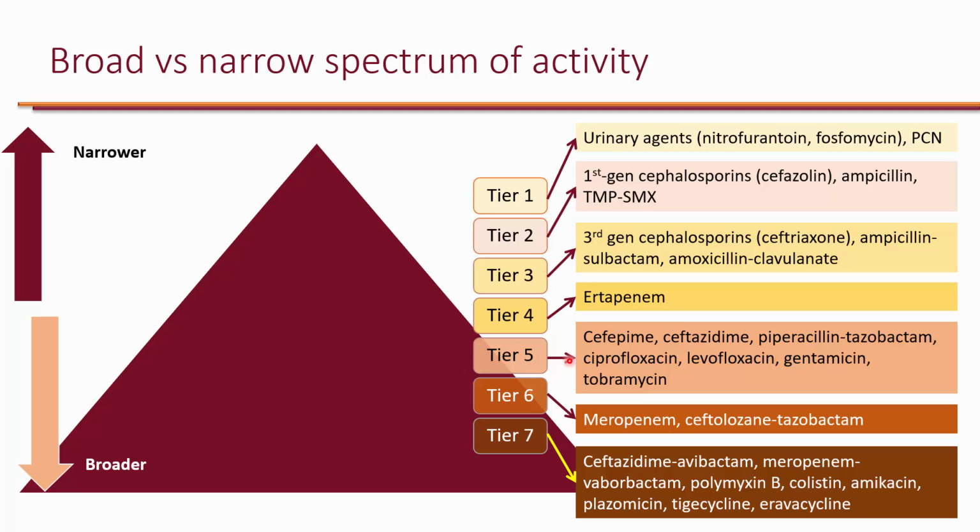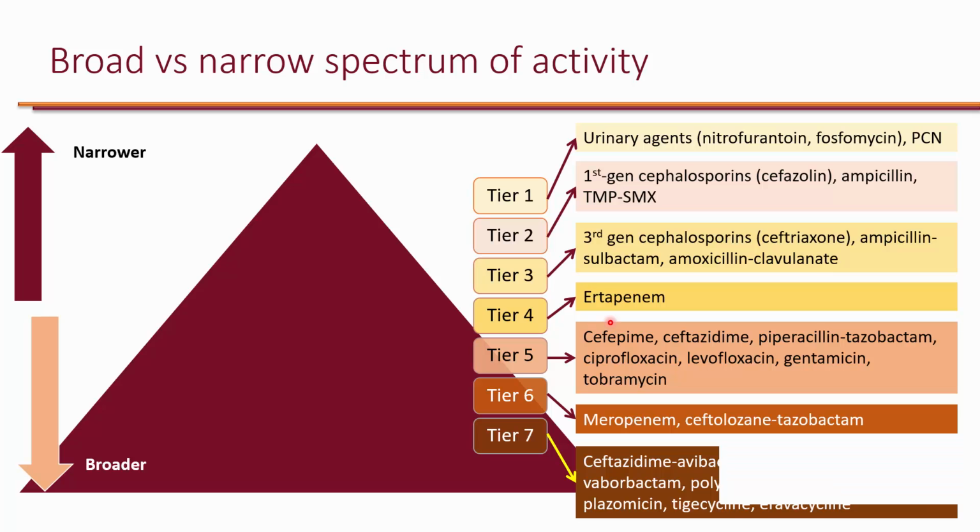So cefepime, ceftazidime, piperacillin-tazobactam, ciprofloxacin, levofloxacin, gentamicin, and tobramycin all have activity against Pseudomonas. So these should be reserved for infections where you suspect Pseudomonas. If you are not suspecting Pseudomonas, you should not be using tier 5 and higher, because the propensity for collateral damage and selecting for resistance is greatest from tier 5